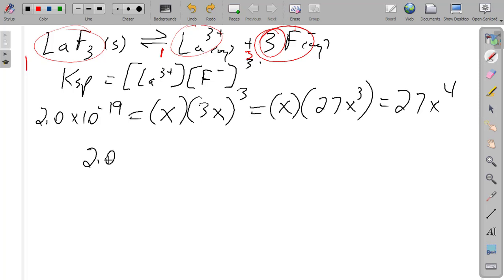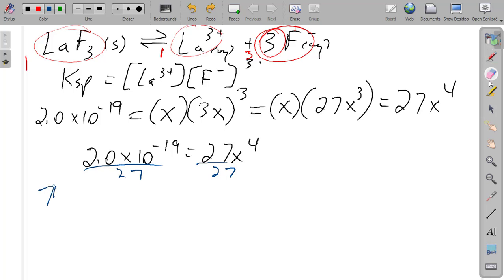So we in the end have 2.0 times 10 to the minus 19th equals 27x to the 4th, where x is going to end up being our solubility number. All right, and so when we look at this then, we start doing the arithmetic on it. What we find is then we have to divide both sides by 27 to get rid of that. And when you do, you end up with,